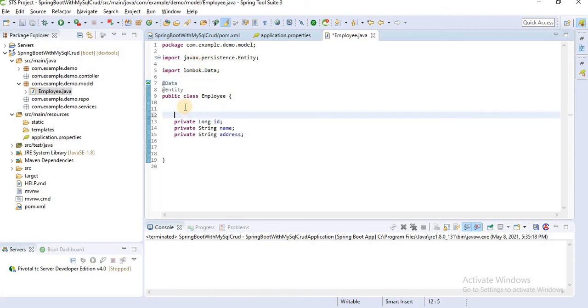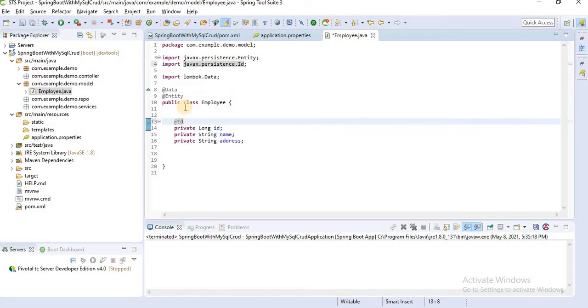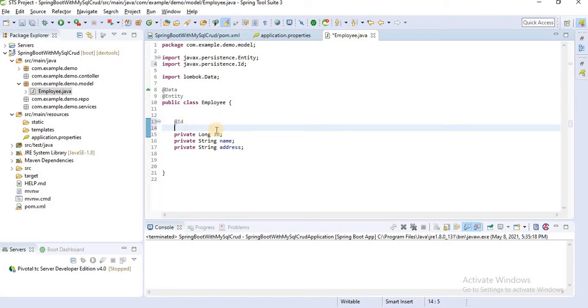Also we need to define id here. Id is our unique thing, our primary key, that's why we are defining it here as @Id. Then we have to generate this id in an automatically incremented format.